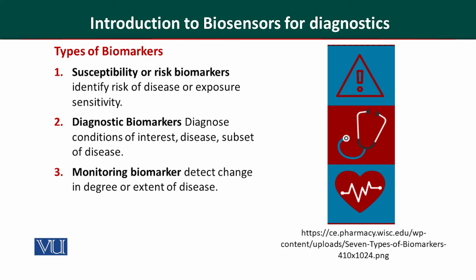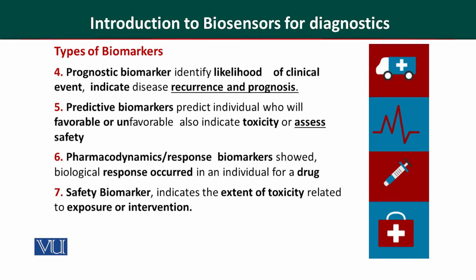Next is the monitoring biomarkers, and these monitoring biomarkers detect changes in the degree of disease or the extent of disease. The fourth type of biomarkers is prognostic biomarkers. They identify the likelihood of the clinical event and they indicate disease recurrence and prognosis. The fifth type of biomarker is a predictive biomarker. This biomarker predicts the individual who will be favorably or unfavorably